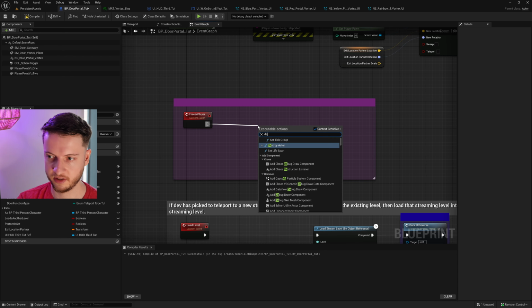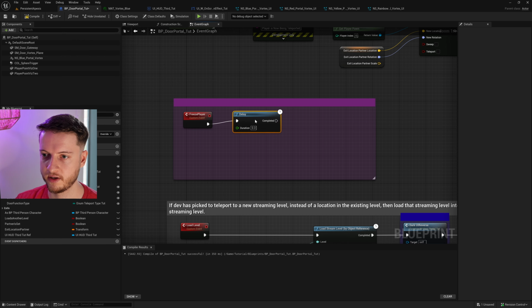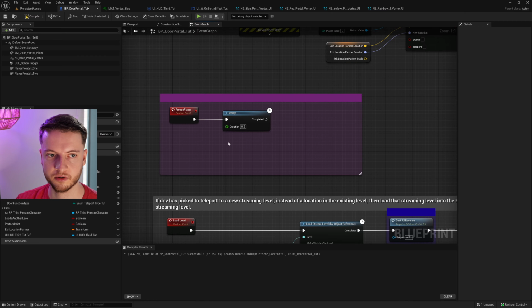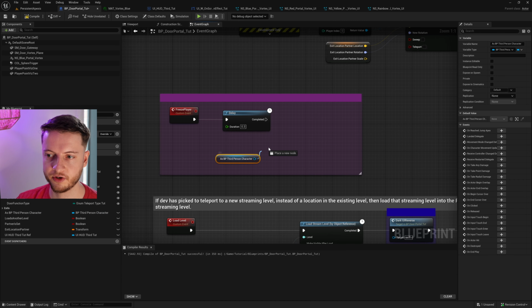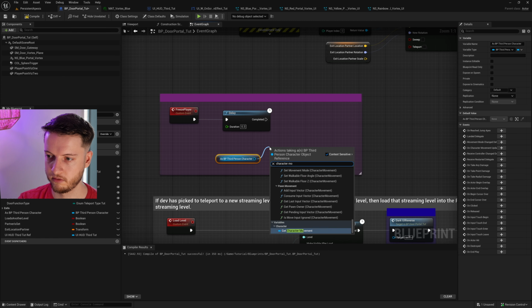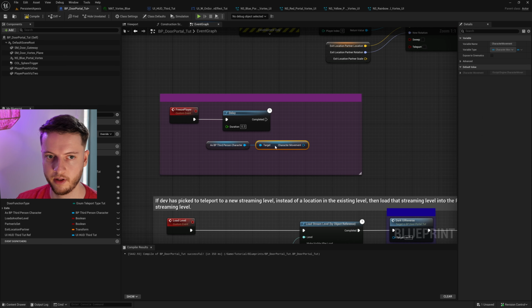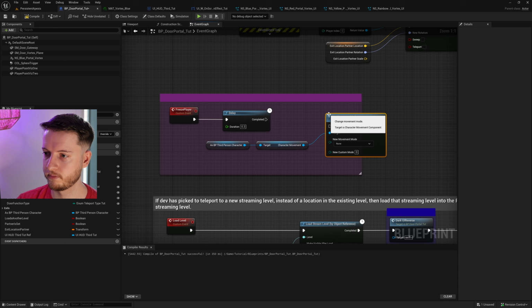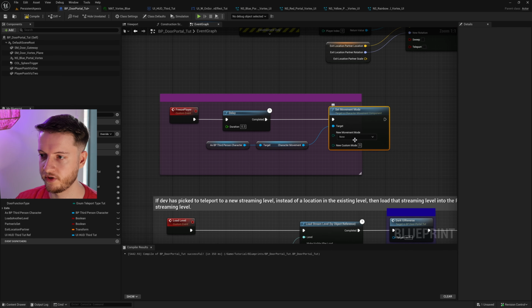So here I'm going to say delay, and I'll put it to be 0.3. This is just for a sanity check to make sure that there's no issues. And I'm going to drag as BP third person character, get, and there's in there a preview thing that says character movement. There it is, get character movement. And we already have pre-built stuff called set movement mode. And here on the top I'll connect it, and I'm going to set it to just none, which essentially means